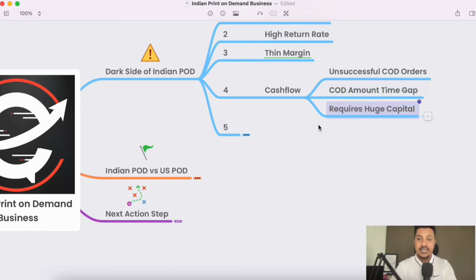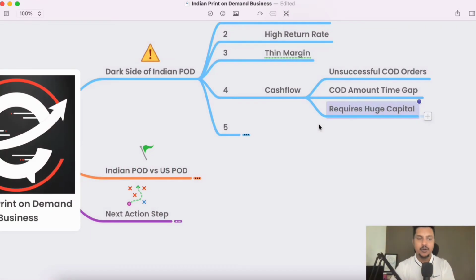To sustain that time gap, you need huge capital or huge cash flow. Like I said, you need huge capital or cash flow to sustain in the Indian POD game. And the fifth one is